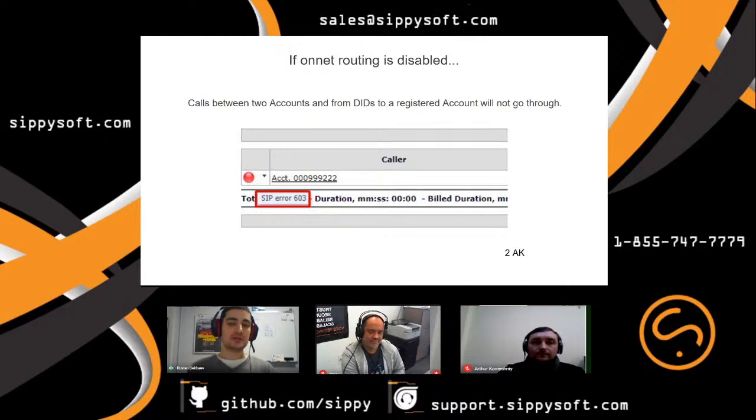As soon as you see such an error, you can test the call using the TestDL plan, and there you will find the information on how to fix it. You should enable on-net routing in routing group.